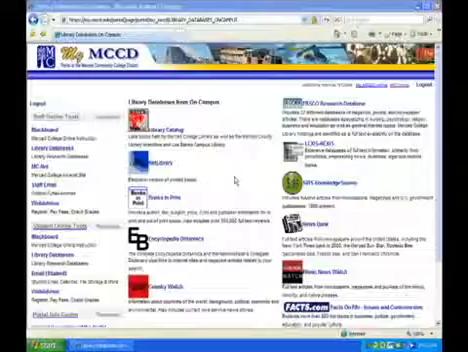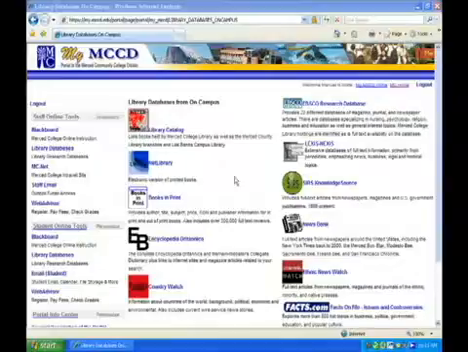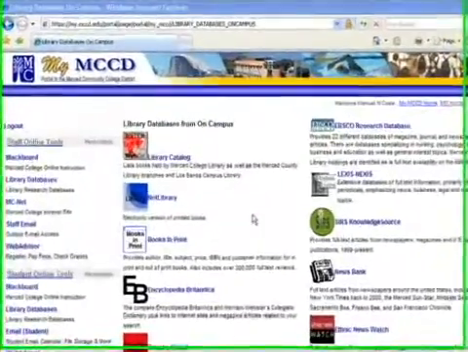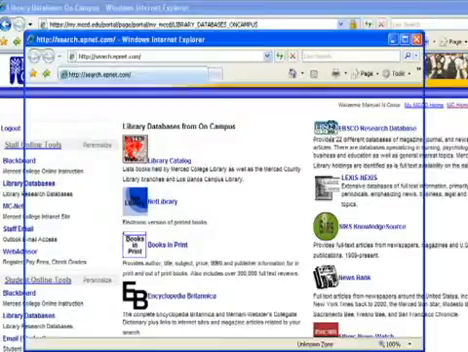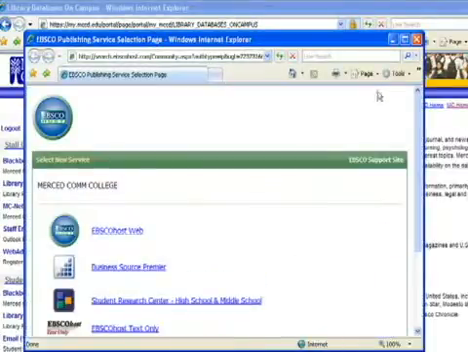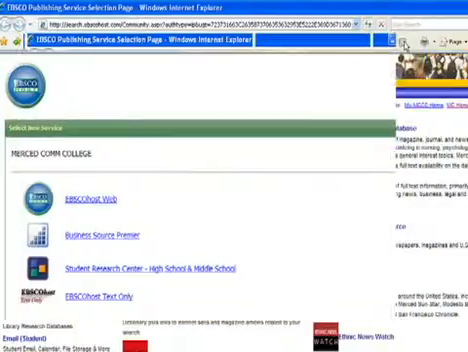Okay. So what you want to do, I see you've already logged into the portal, which is great, and you can see from this screen all the different databases that we subscribe to. Probably the best one to try is this one right here called EBSCO Host. It's a really broad one with a lot of different choices. So if we click right here where it says EBSCO Host Web,